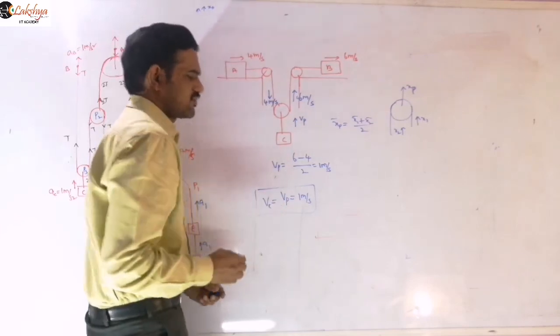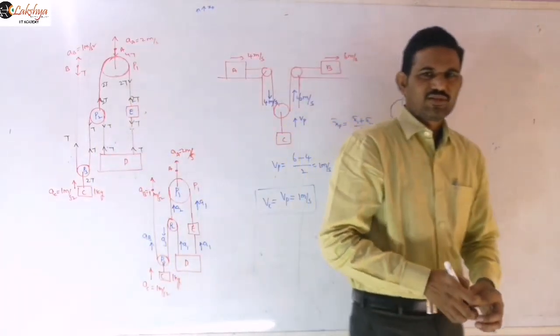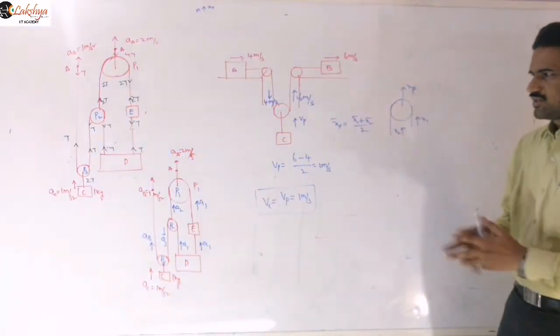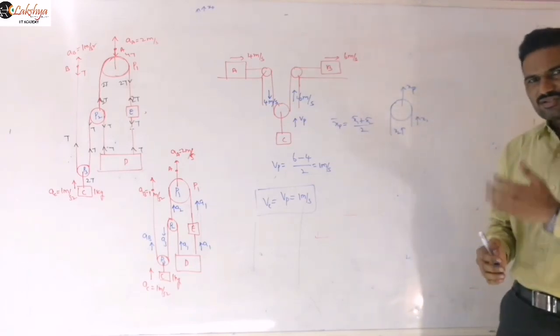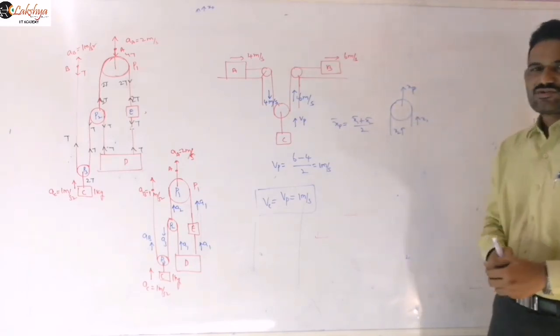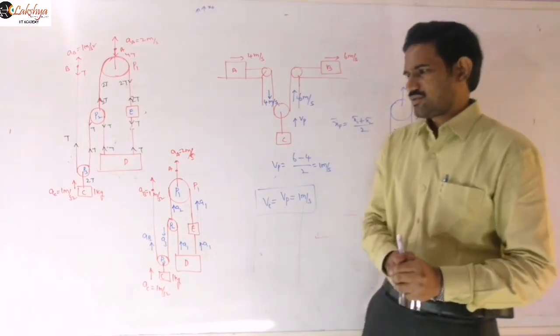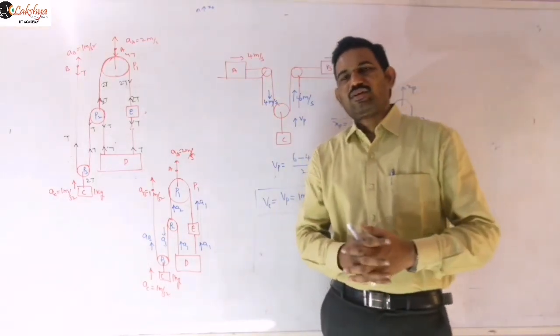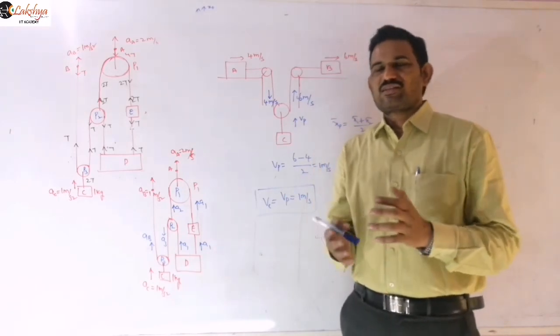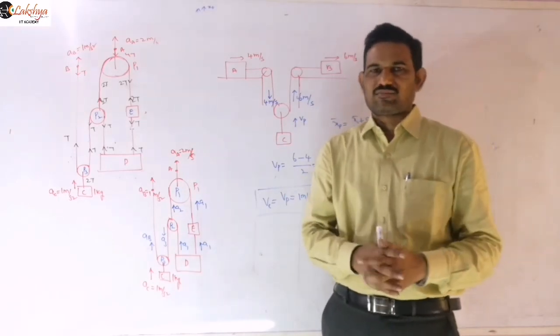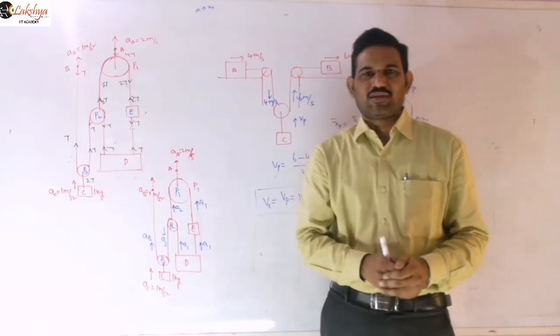So such simple questions will be there. You can answer them easily if you use this type of velocity relation, and from that you can write the acceleration also, right? So those are a few problems based on pulley constraints here, and some more problems will be there based on the wedge constraints and the combination of pulleys and wedges. And those problems I will explain in our next class, right?